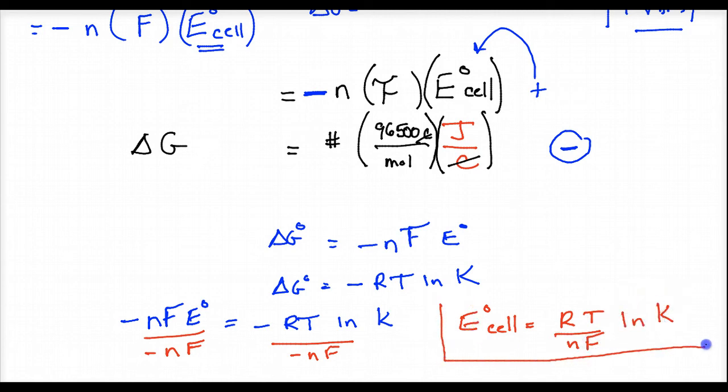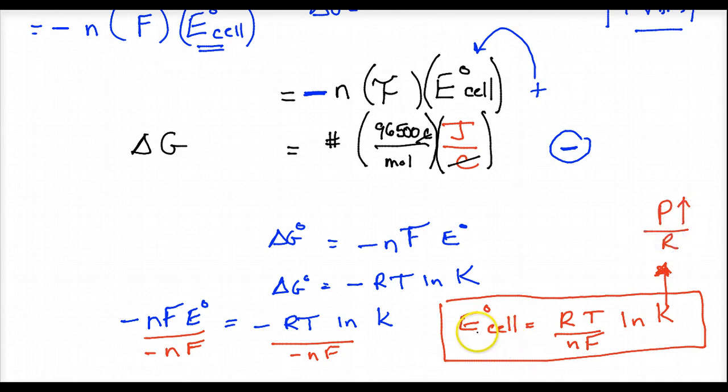Well, this is a nice little formula to look at. If your K is high, which means there's a heck of a lot more products than reactants at equilibrium, then your voltage will be positive, because the natural log of a number greater than 1 is a positive number. If your reactants are larger than your products, you're going to have a natural log that becomes negative, right? A number smaller than 1, put to an exponent, becomes a negative value,